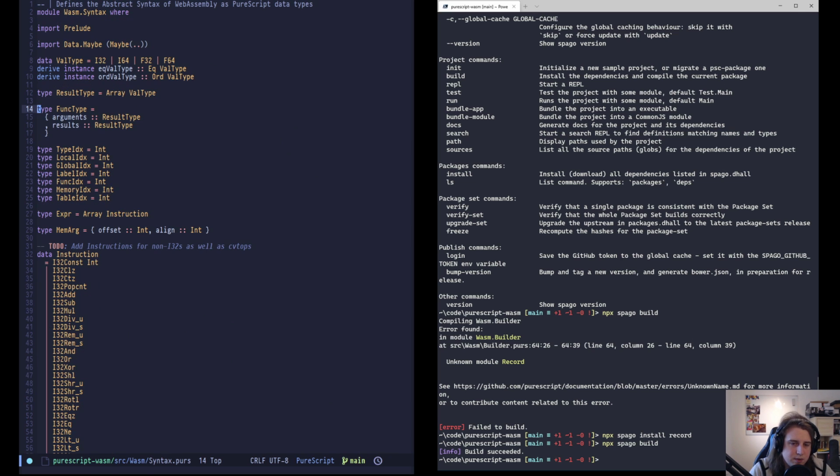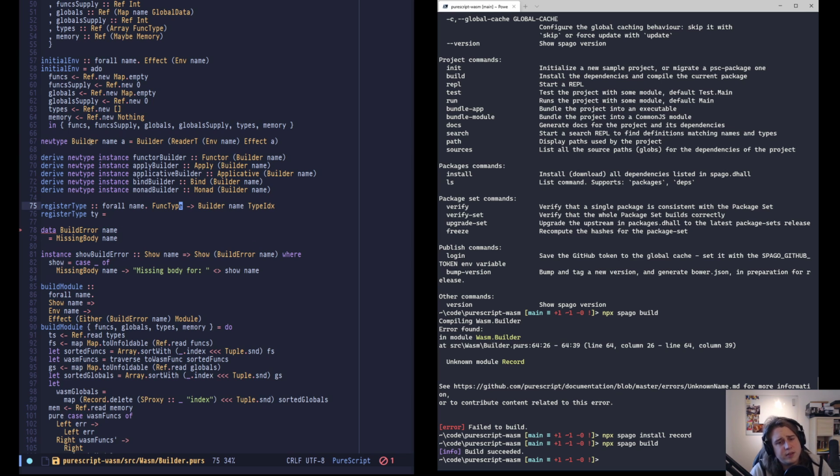Okay. And so the idea here, if we just check out how func types are defined, over here you can see that func types have arguments and results, and those are both just arrays of val types. And then there's eq and ord for these, so we can actually compare func types for equalities. And what we're going to do here is we're going to deduplicate function types so that we don't store more types than we need in a Wasm module, because that's a good thing to do, right? So what we're going to do is we're going to say, give me the index of this type in,